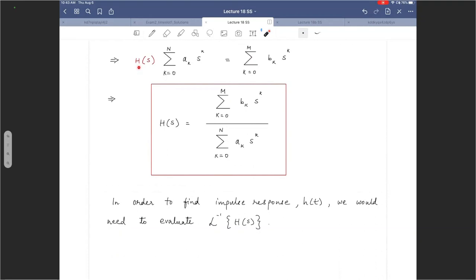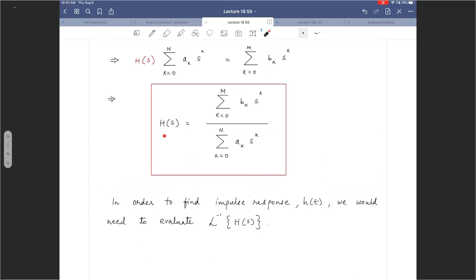H of s, which is independent of k, comes out of that summation, the sum for k equals 0 to N of a sub k, s raised to k, on the left hand side, equals another summation of M plus 1 terms, b sub k, s raised to k, on the right side. H of s, the transfer function of this LTI system, can now be represented as a ratio